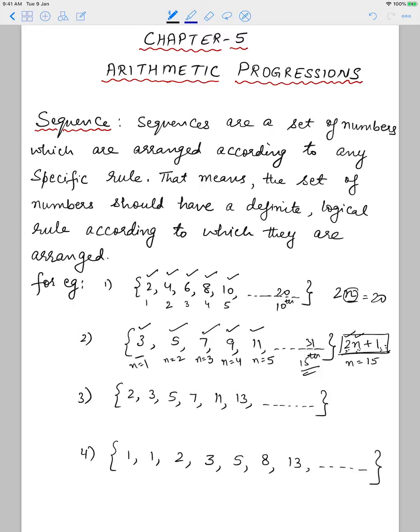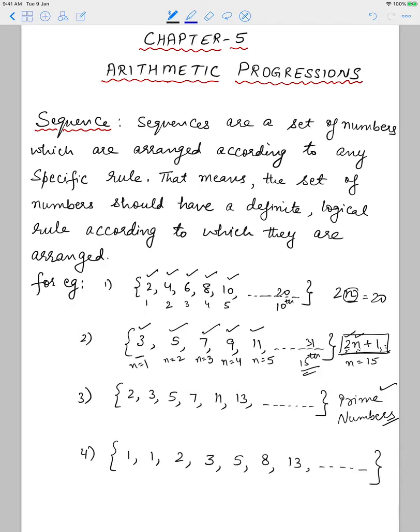Either there should be a formula or there should be some logical statement. Like in the third part, if you see, there is no formula assigned to this, but when you look at these numbers, you can easily make out that these are all prime numbers. So, at least there is some logical statement attached to it. You can recognize these numbers as prime numbers. You just can't say that you have picked the numbers from anywhere and written them in the form of a sequence. No. Either we have some formula assigned to the sequence or we have some logical statement. Here in this case it is prime numbers, a sequence of prime numbers.